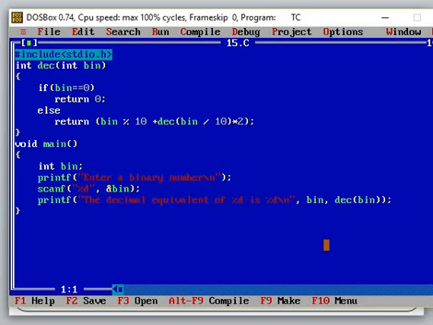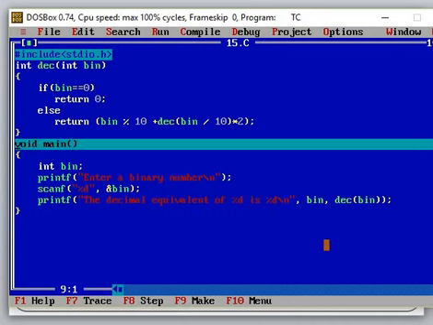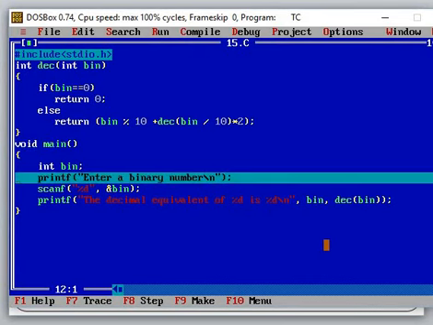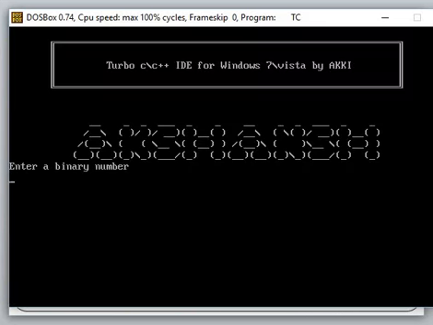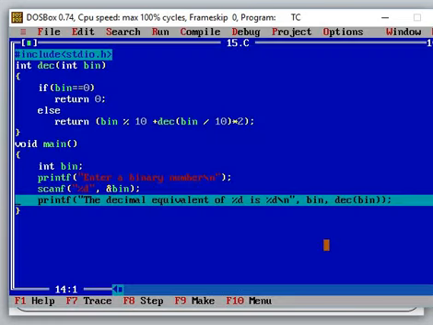Let me debug this program using F7. If I press F7, it starts execution of the C program from function main. Again if I press F7, it asks me to enter a value from the keyboard. So now I'll enter 111, followed by the enter key. It will take me to the function call. Because of this function call, control jumps directly to this line of the program.